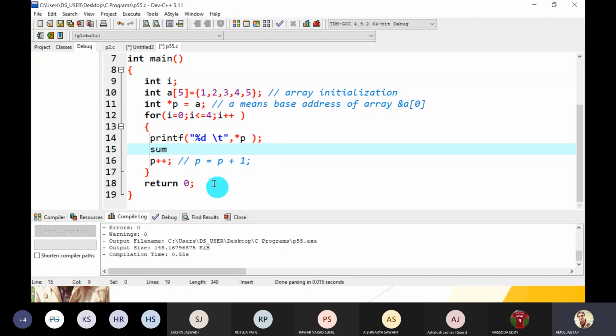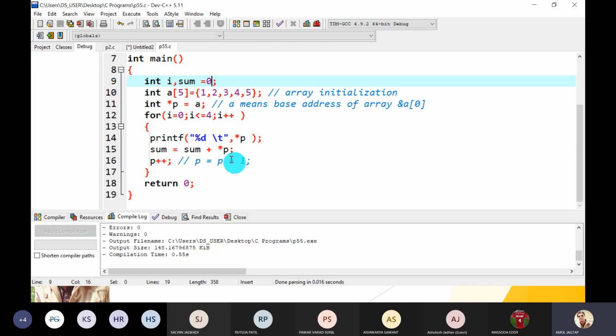Write here sum is equal to sum plus pointer p. So what does the pointer p give you? It gives you the value. The first value is 1, so it is added into the sum variable. It is initialized to 0, because 0 plus 1 is 1, and so on.